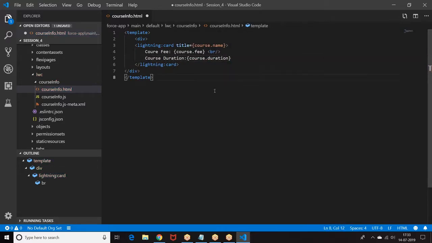So this is the component what I created. So I was just trying to display data.